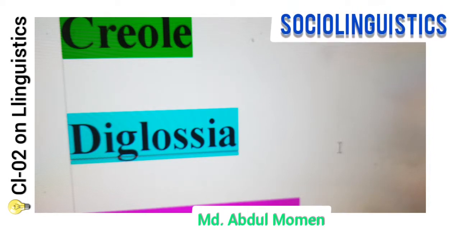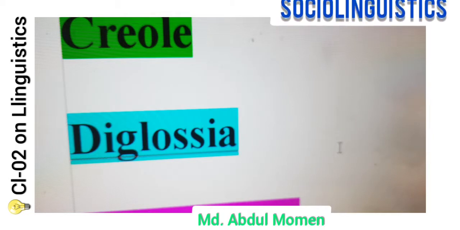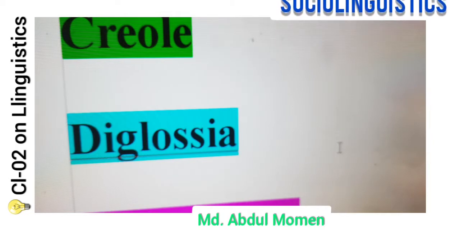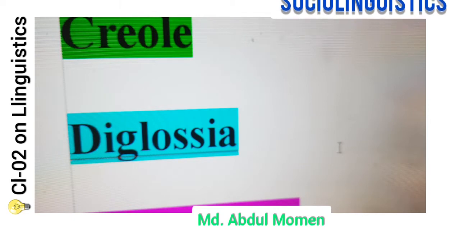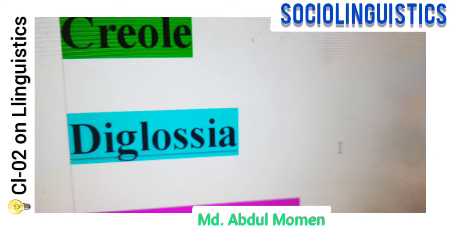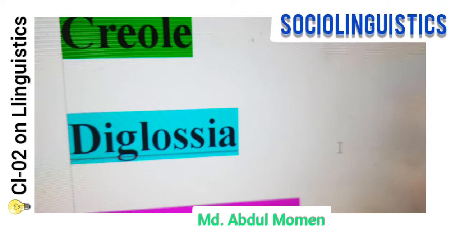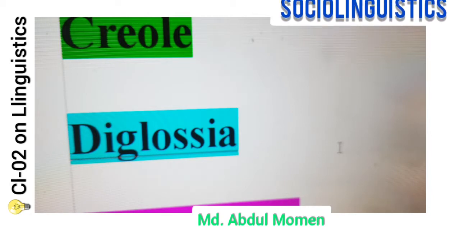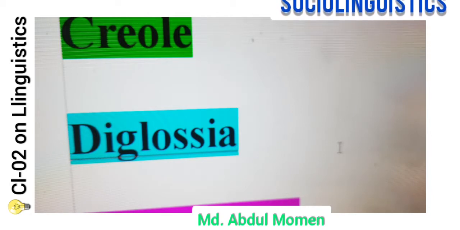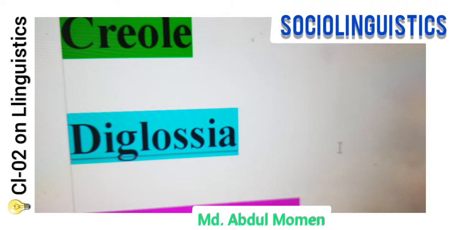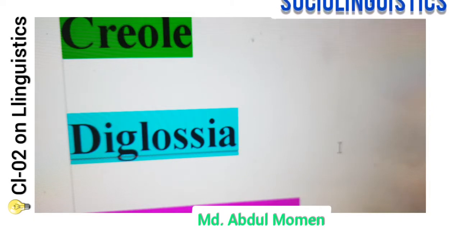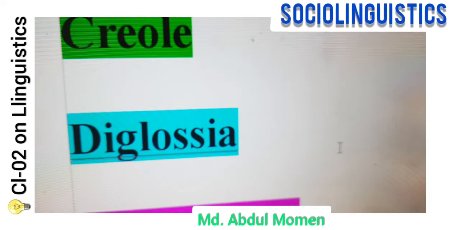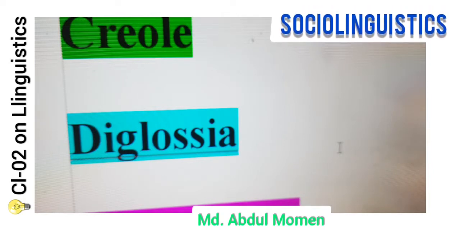Both the varieties are standardized to some extent and felt to be alternative by the native speaker, and have their social names. Sociolinguists usually talk about them in terms of high or A variety and low or L variety. The former is learned in school and used in church, mosque and parliament, law courts, government affairs, press and electronic media, whereas the latter is used at home or among family and friends of the same dialect area